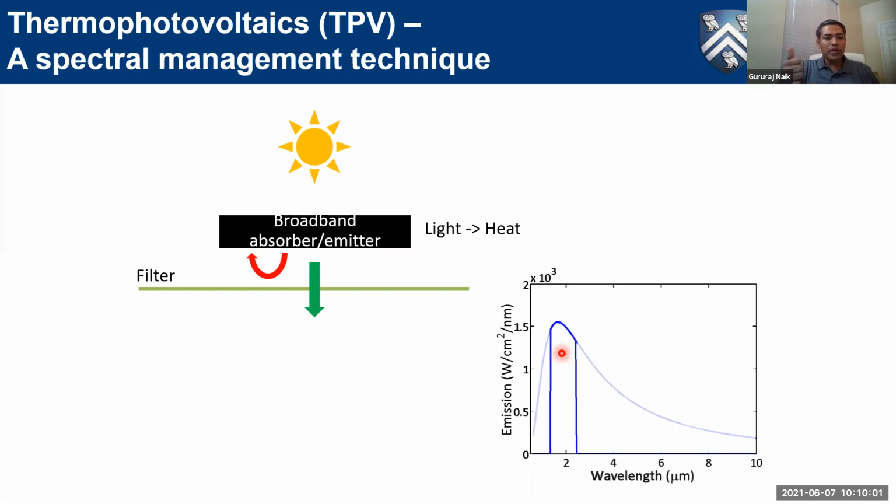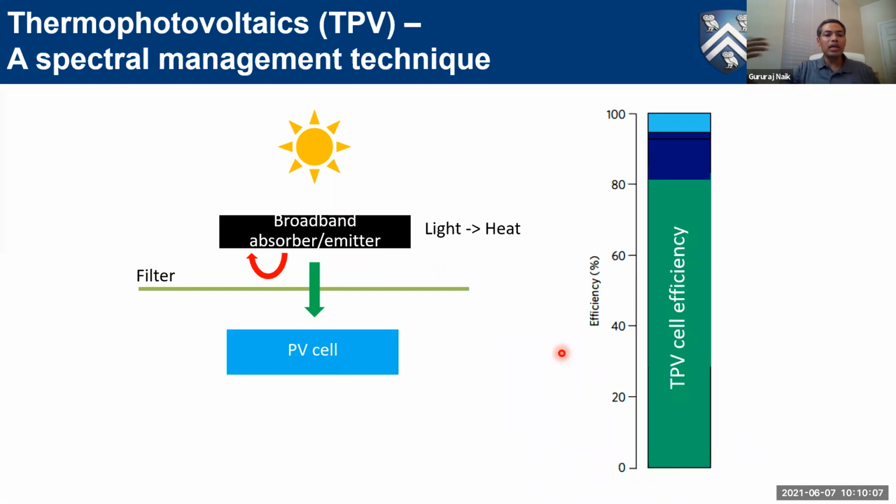Okay, so once we have really narrow band thermal emission from the system, we know how to convert this to electricity very efficiently. For example, we can buy photodetectors which have quantum efficiencies close to 100%. In fact, 99.5 probably is the record so far. You can get nearly 100% quantum efficiencies. So, efficient conversion of narrowband light to electricity is not a problem.